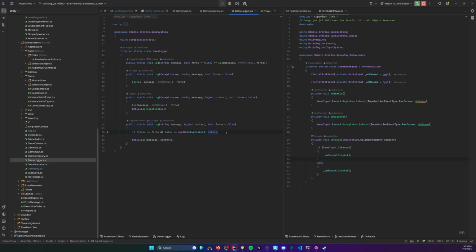So if I really need to enable debugging for everything, I can just enable it on the app. If I need it on a very small basis, I can force the logging here,